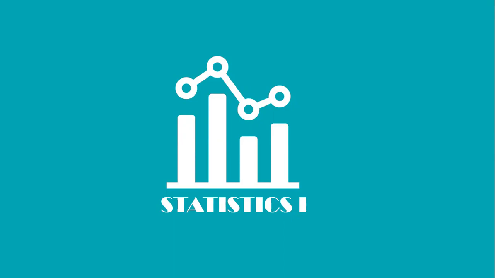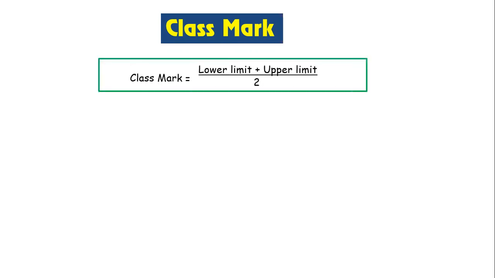Now, this is a chapter which you also studied in standard 9th. So, definitely, it's a build up on the same. So, there are certain concepts that you need to revise from standard 9. Say, for example, the first concept that you need to understand is class mark. Now, students, class mark is also known as midpoint. We have a formula for class mark which we studied in standard 9. That is lower limit plus upper limit upon 2.